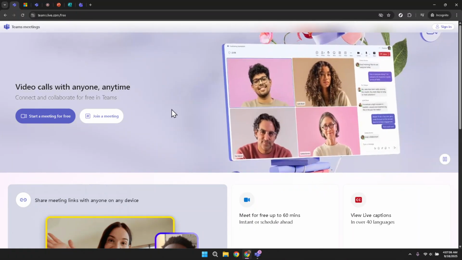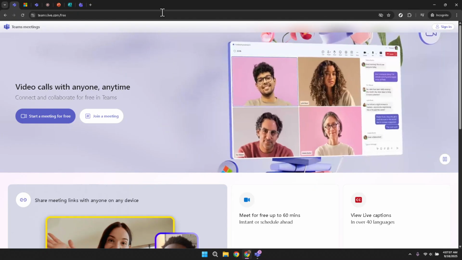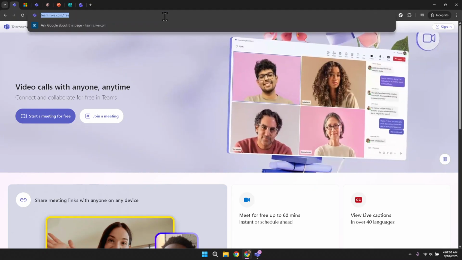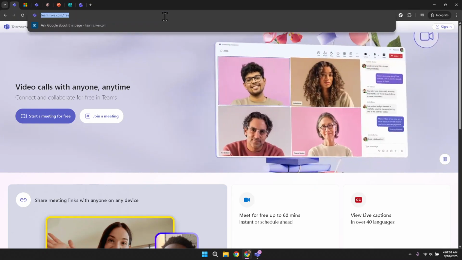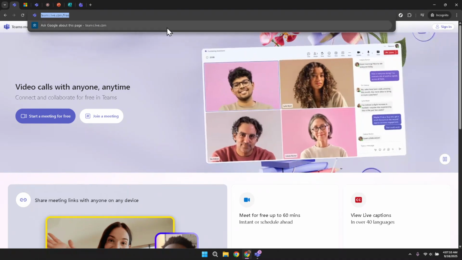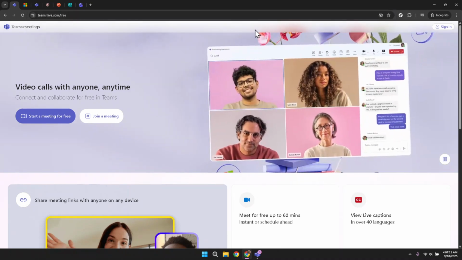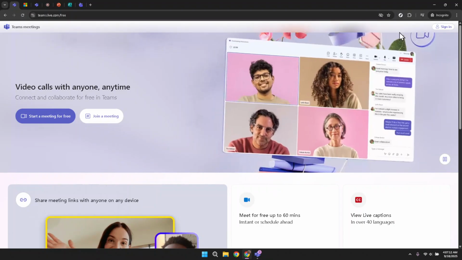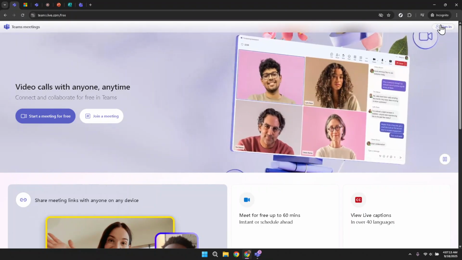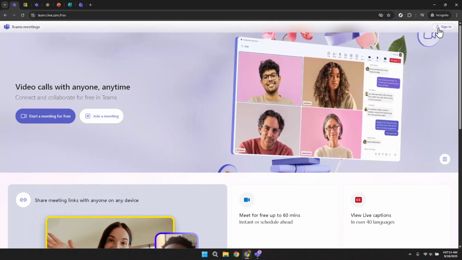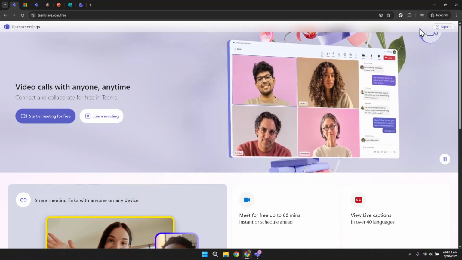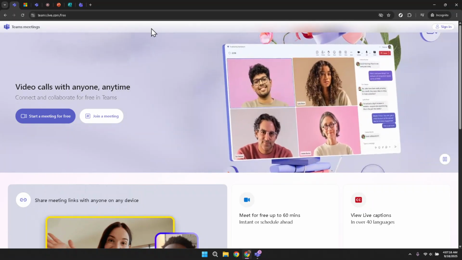First, you'll want to head over to the Microsoft Teams website. This is where everything begins. Go ahead and open your preferred web browser and type in the web address to get to the official Microsoft Teams site. Once you're there, look to the top right corner of your screen. You should see the Sign In button. Clicking on this will prompt you to enter your Microsoft account credentials, so be ready with your login details to